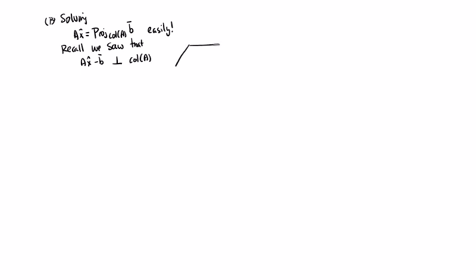So that was, again, I won't draw the full-fledged picture. This was b, this was Ax hat. That is perpendicular to everything in the column space because it's a perpendicular projection. So remember, the column space is composed of things that look like Ax for various x. So this statement right here,